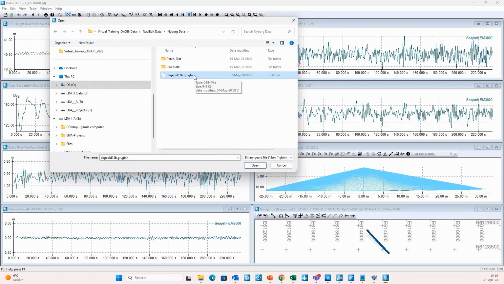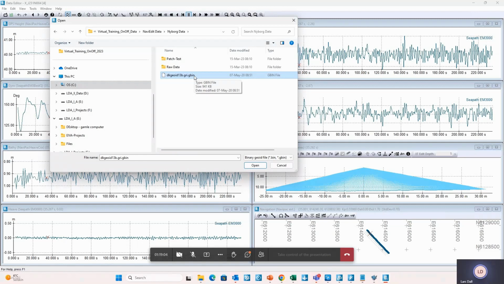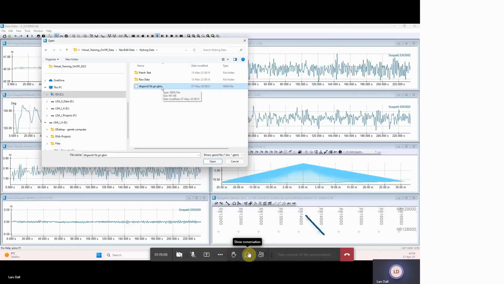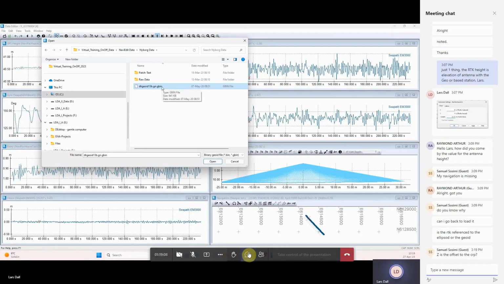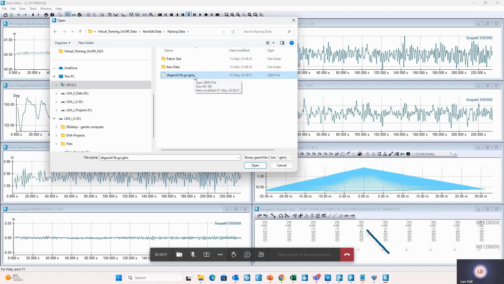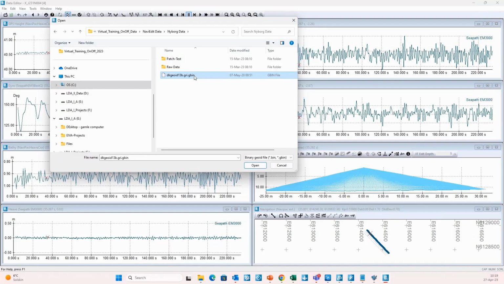The Danish geoid is a very good geoid. It could even be the best geoid in the world, not because we're better at defining geoids than other people, but because Denmark is a small country and we don't have any mountains. So therefore, basically,